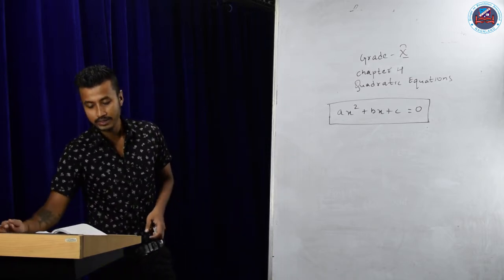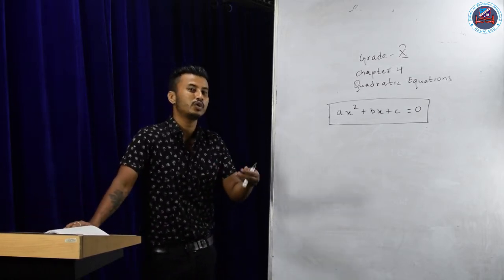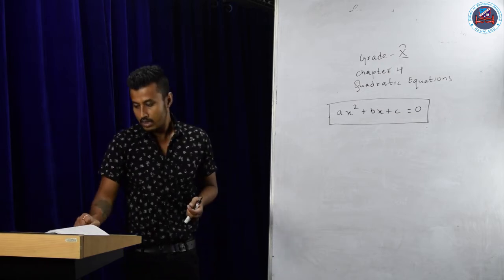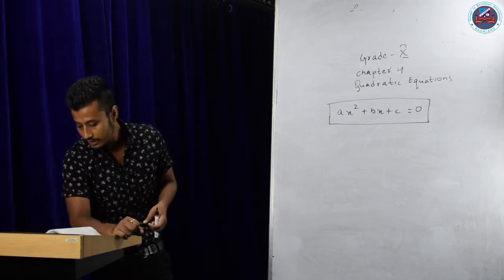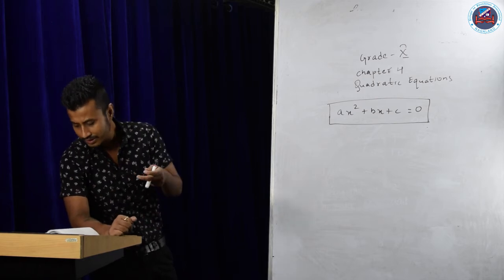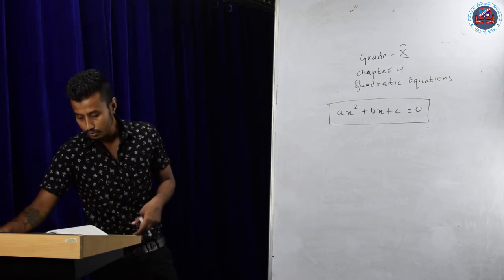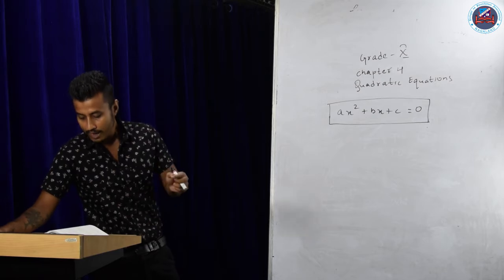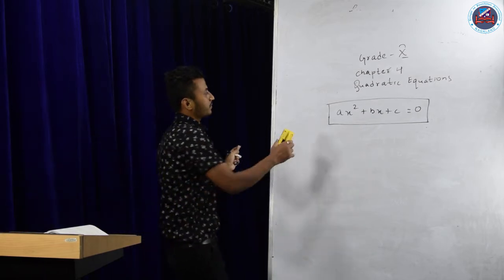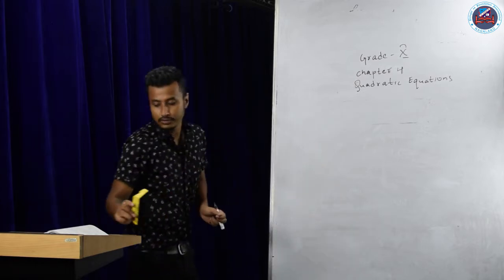Let's go into some of the questions. Exercise 4.1, you have to identify whether some of the equations are a part of quadratic equations or not. Exercise 4.1, I will take the first question. There are 8 parts in that question. So I'll just do 2 of them. You can easily do the rest of them. Let me do question number 1 part 3.